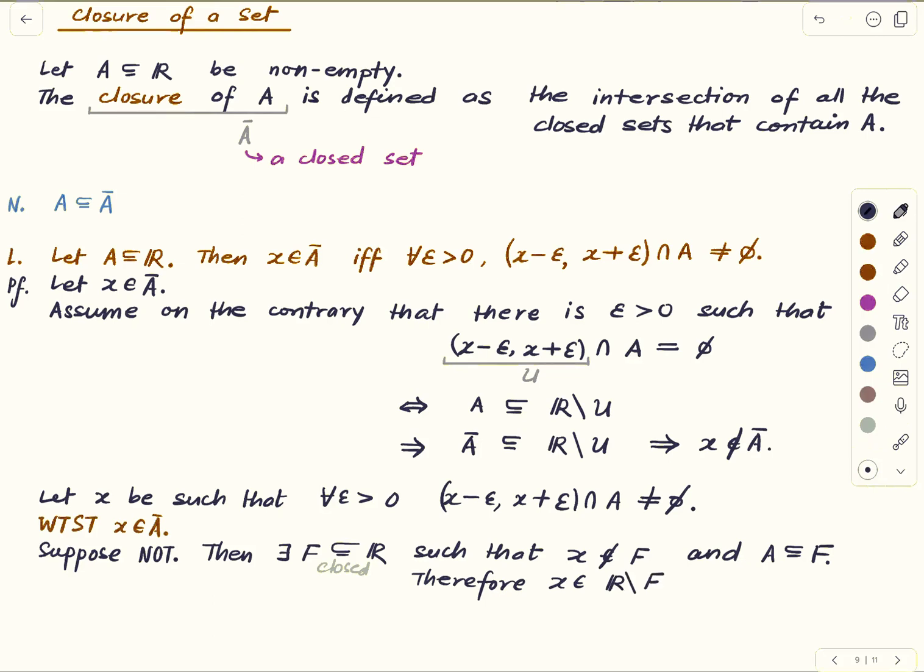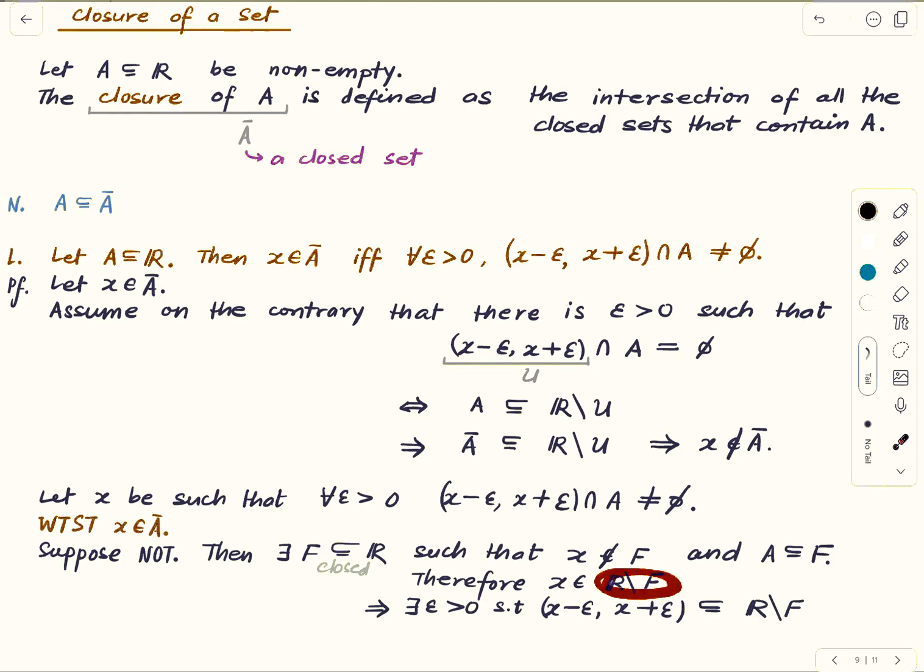But since F is closed, the complement of F is open, which implies there exists epsilon greater than 0 such that the corresponding open interval around x is contained in this set. Since this is an open set, because F is a closed set, you can find a room around x which satisfies this property. But if this is the case, then